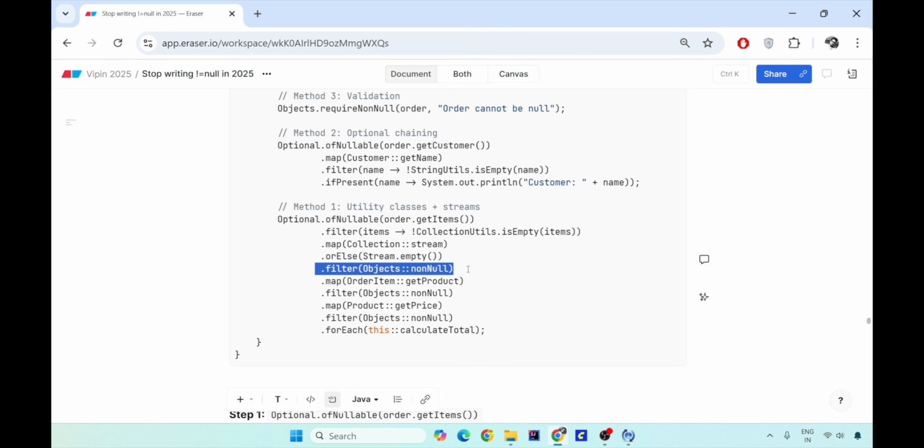Now for each item, you fetch the product. So this is the map. For each order item, you get the products. Now for each item, you can have multiple products also. For example, you ordered a mobile and 2 accessories. So each order item will have a list of 3 products: the mobile, the screen guard, and the back cover. So now you have the list of 3 items here.